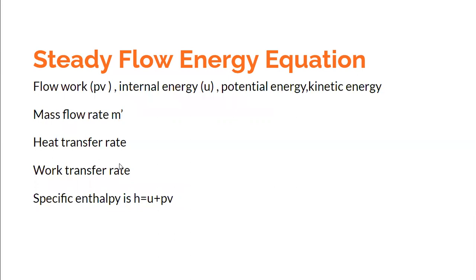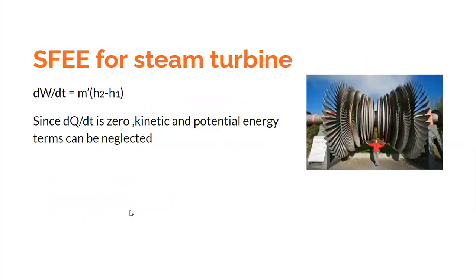Another term which we come across generally is, because we find that this internal energy and flow work, these terms, they come together, and as a matter of convenience, instead of writing U and PV always separately, it is generally a convention that we write a term called specific enthalpy, which is a combination of U plus PV. So wherever you come across these two terms, U plus PV, you would be substituting that with a much smaller term H, which is the specific enthalpy. Now, what would be of interest is to understand how the steady flow energy equation changes for specific applications.